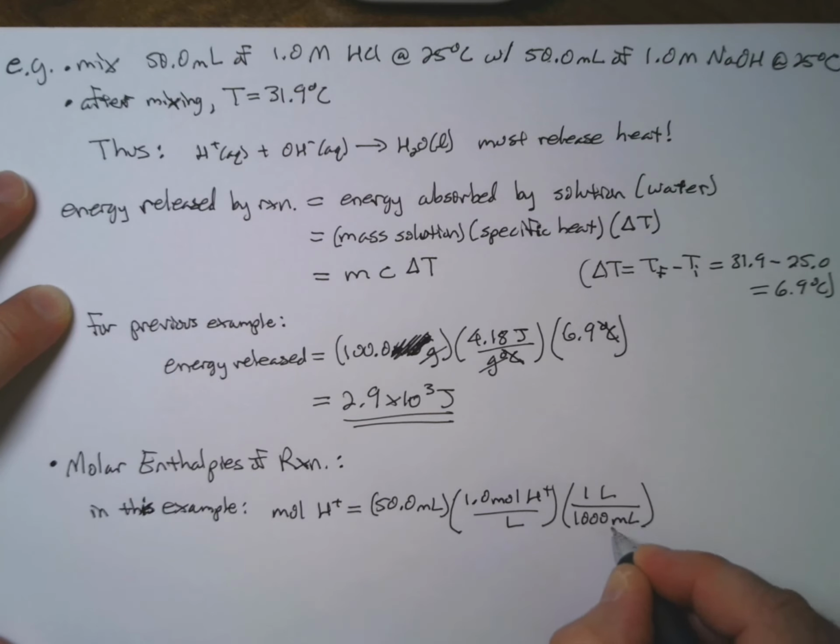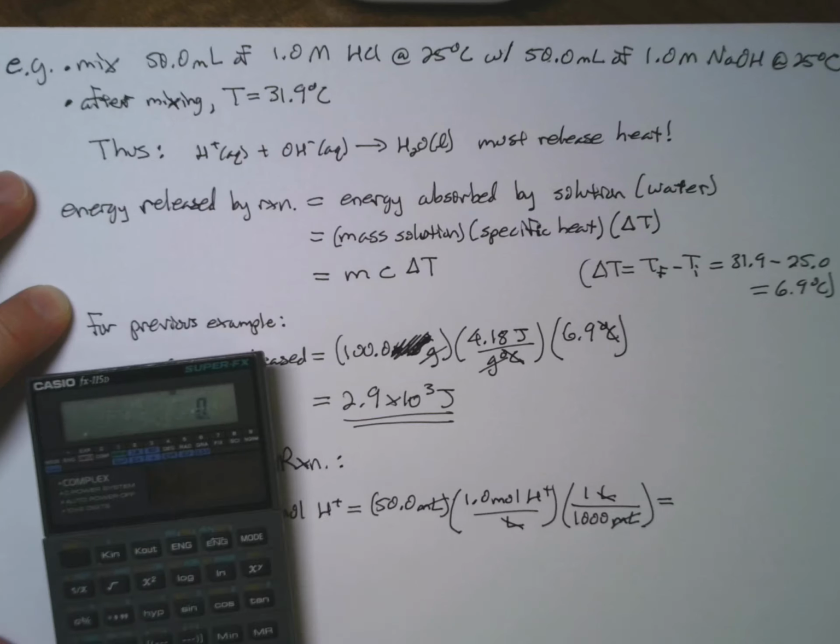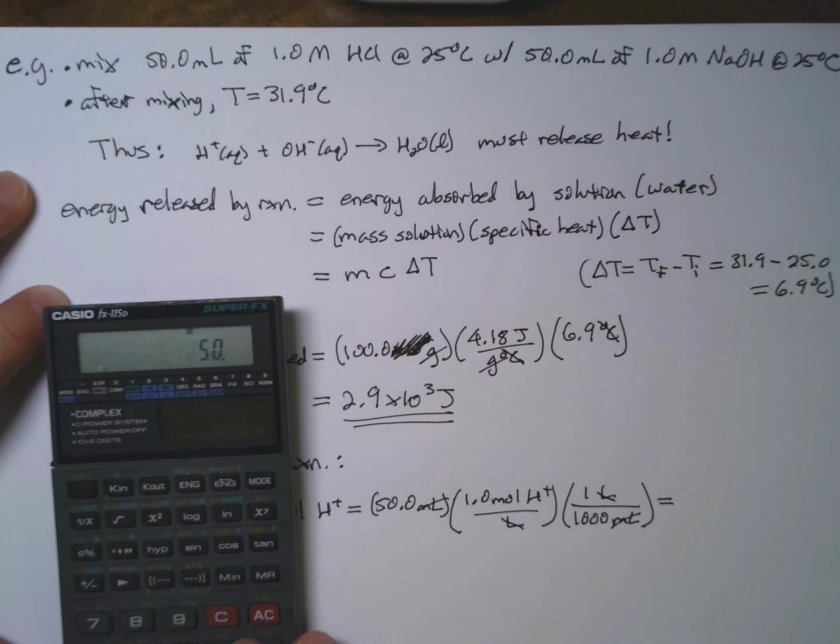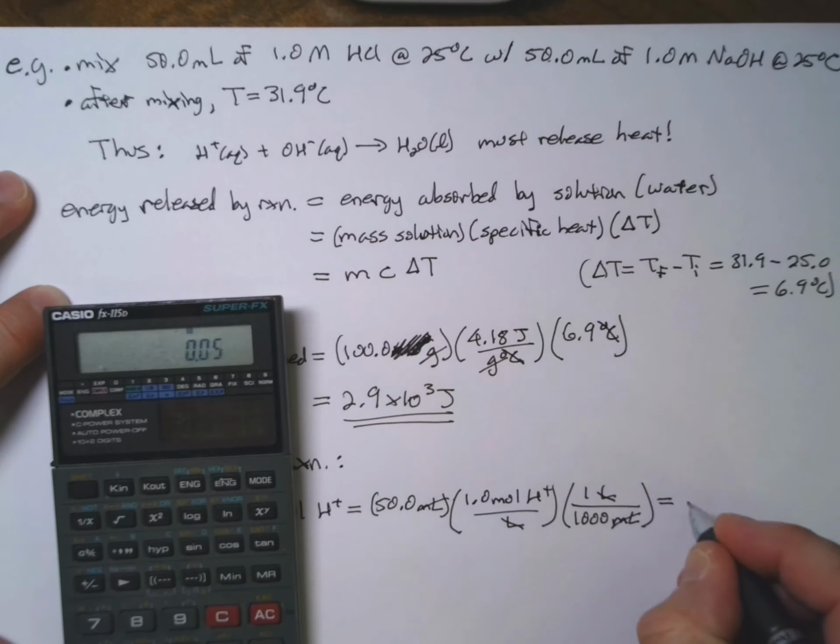Milliliters cancel, liters cancel, and we end up getting 50 divided by 1,000 equals 0.050